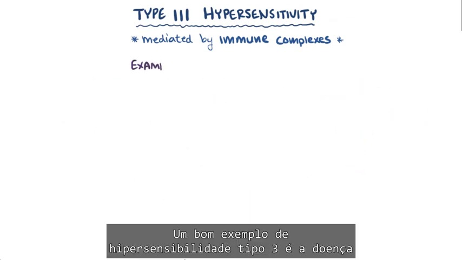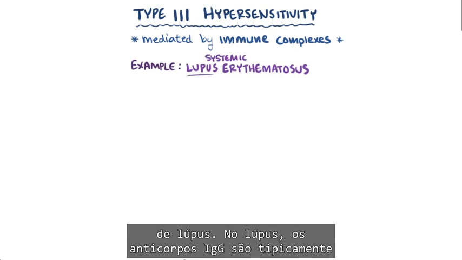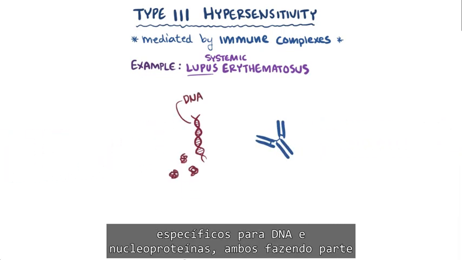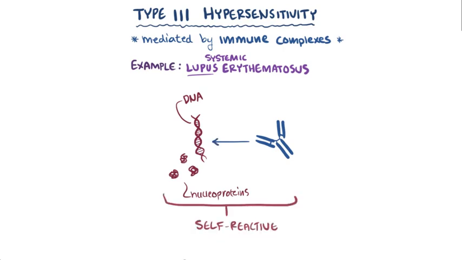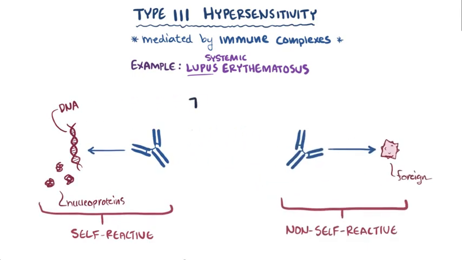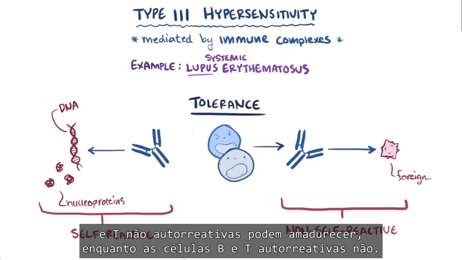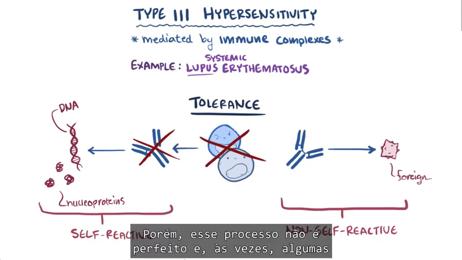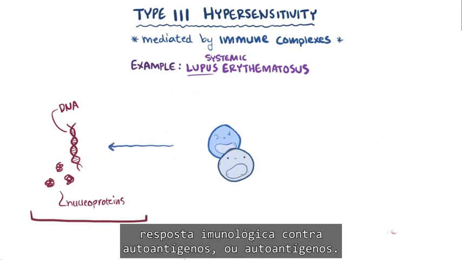A good example of a type 3 hypersensitivity is the autoimmune disease systemic lupus erythematosus, also just called lupus. In lupus, the IgG antibodies are typically specific for DNA and nucleoproteins, both of which are part of our own cells, making them self-reactive. Normally, your body should only react to things that are foreign, or not self. And this is maintained by a process known as tolerance, where only non-self-reactive B and T cells are allowed to mature, whereas self-reactive B and T cells aren't. This process, though, isn't perfect, and sometimes some self-reactive cells can escape, and these can mount an immune response against